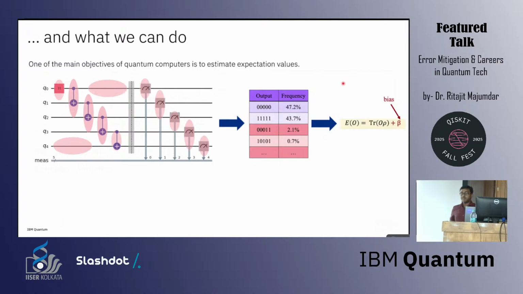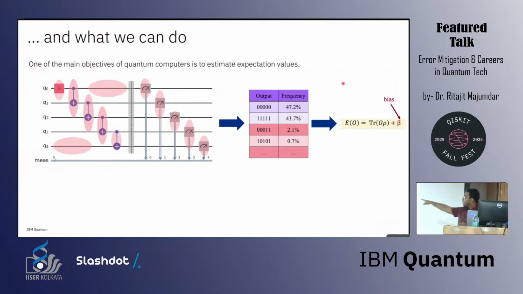But what ends up happening is nothing is perfect in a quantum computer. If you ask me, can you prepare the qubits correctly? No. I don't guarantee that the qubits are always prepared in 0. When I am applying the gates, can you guarantee that the gates are perfect? No. The gates also have some noise. There are some errors when you are applying the gates. Can you measure them correctly? No. Even when we measure, there are some errors associated with it, and even when you are not doing anything, the qubit is sitting idle, it has a tendency of relaxing and going down to the ground state.